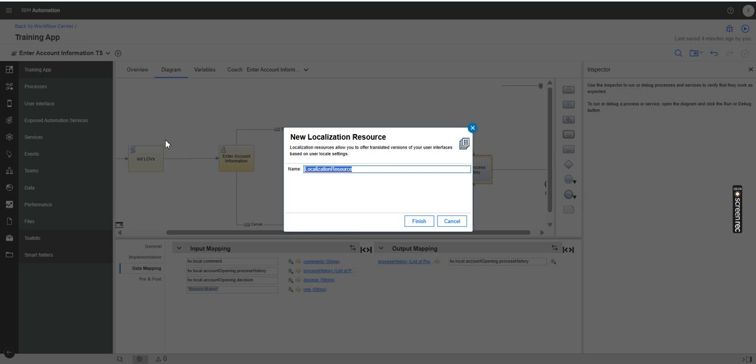If you want to change in future, you change at one place, and wherever you have used that localization resource, the code will automatically be updated. So let us define account opening. Let me define account opening resource. Okay, and if you click finish,